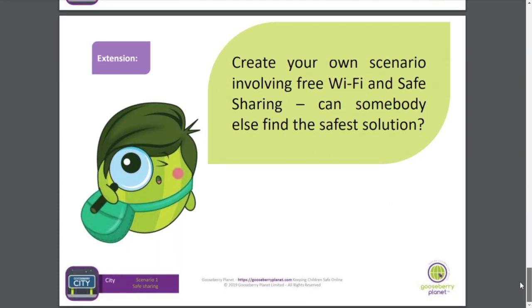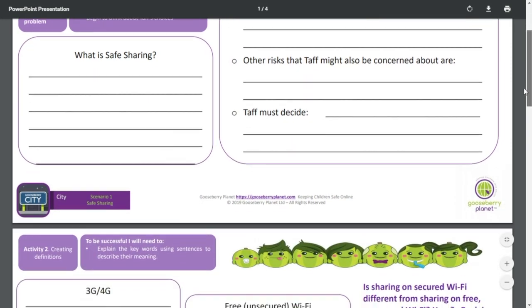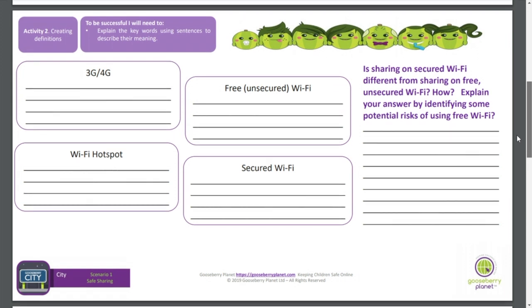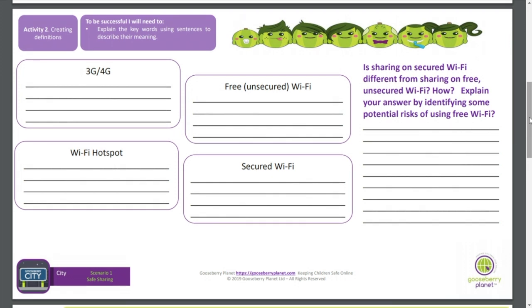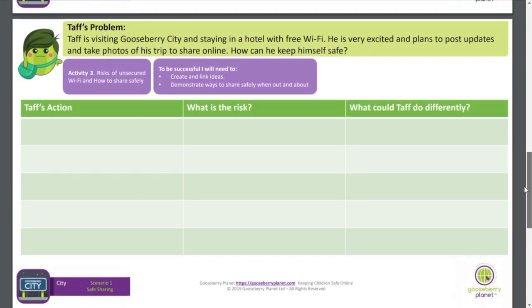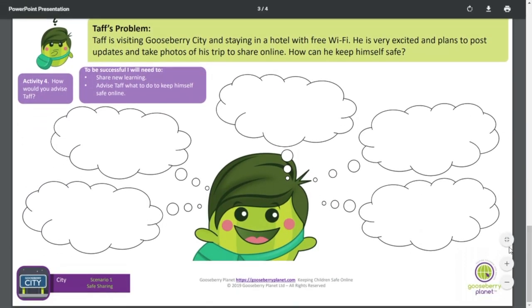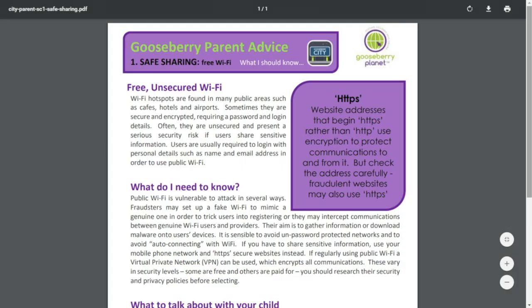During lessons, children will also have a chance to complete independent activities in workbooks, where they have a chance to further cement their understanding of the language used, the problems faced, and how they can ensure that they remain safe whilst they are online. All of these activities will link into the main teaching points of the lesson and be led by the teacher, so that you can be aware of what has been taught and help support your child.